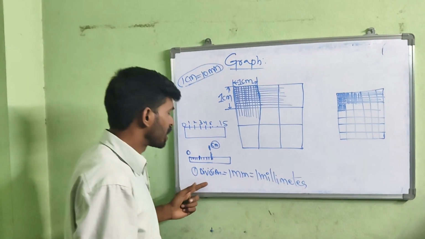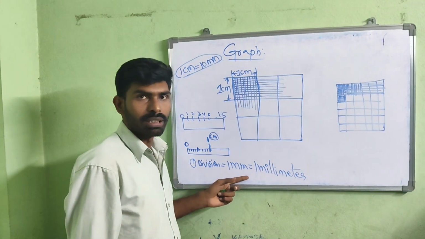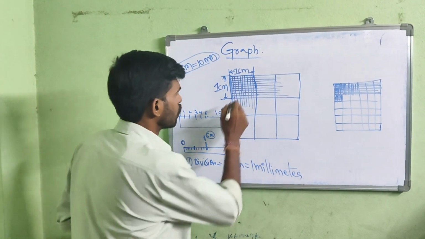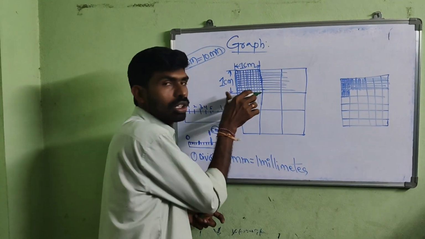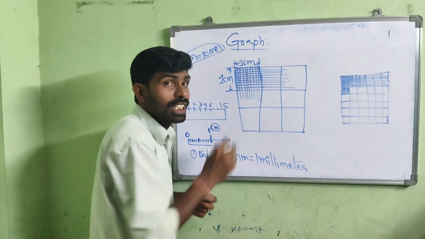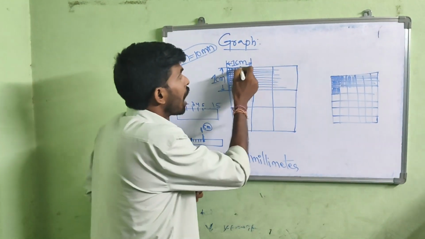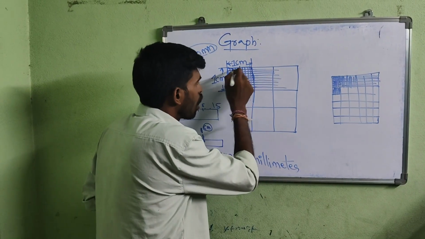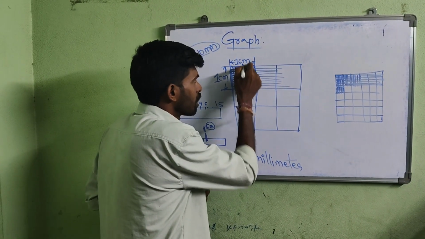Okay, 1 division is nothing but 1 millimeter. Right. Now, here also, same thing on the graph. 1 division is 1 millimeter. After 5 divisions,